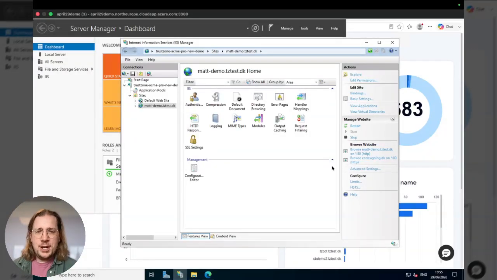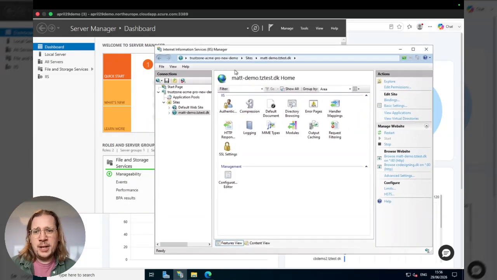I'm a solutions engineer here at TrustZone, and today we're going to be taking a look at how to automate your SSL certificates with our ACME Pro solution. Particularly, we're going to be focusing on how to deploy these certificates and automate them in a Windows environment with Microsoft IIS. As you can see here, I'm sharing my screen, and what we're looking at is a test VM